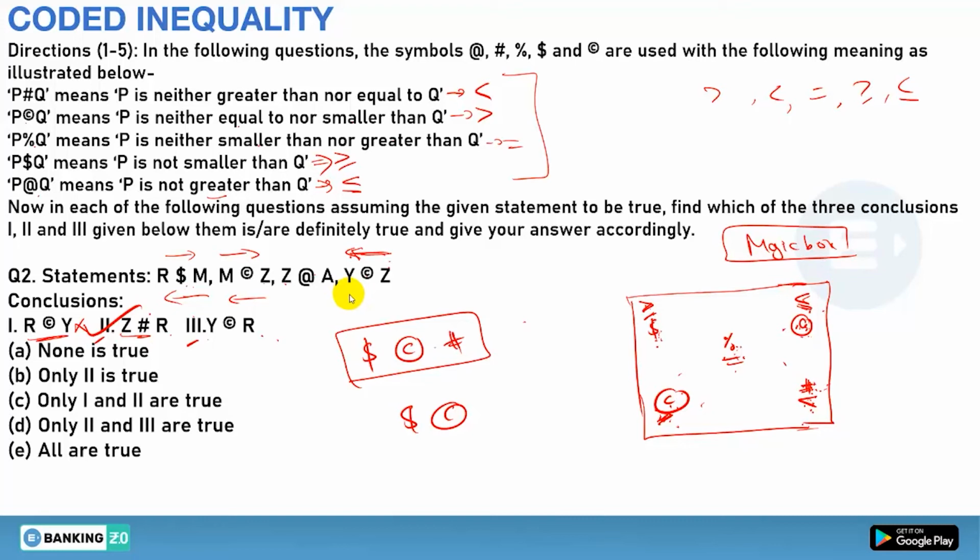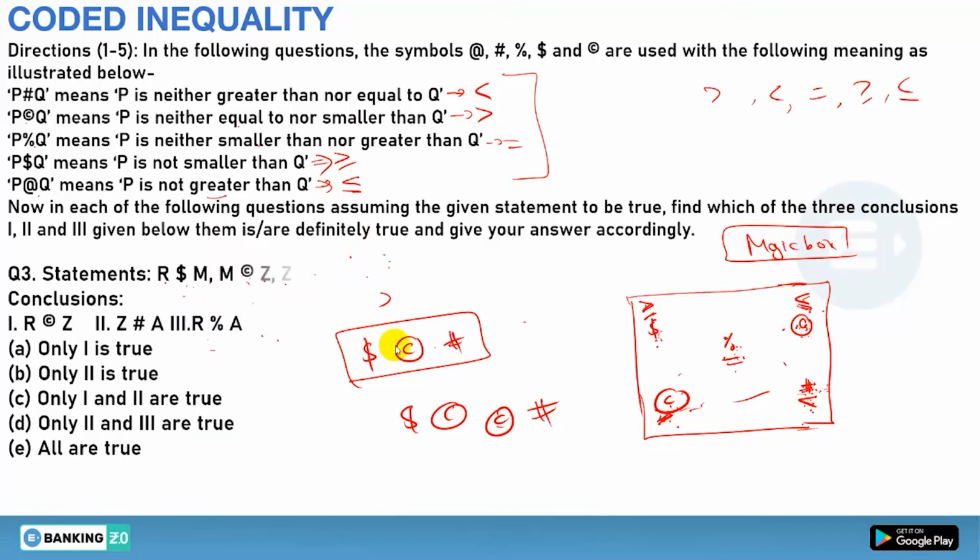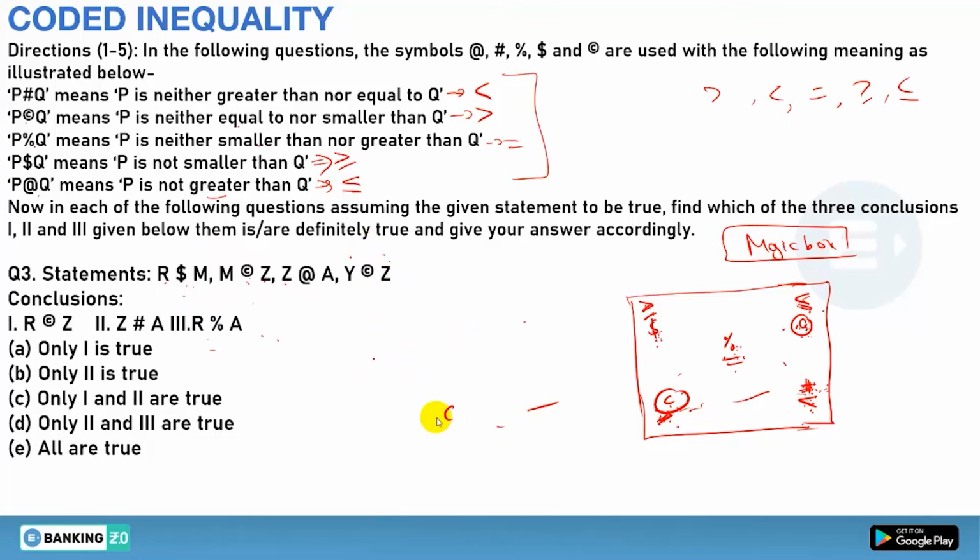Done. Now the third one, Y to R. How can you reach from Y to R? That is Y to Z. Then Z to M and M to R. This is how you have to do it. You already know that between Z to M and M to R you get hash. Now Y to Z is forward, so it will be copyright. Between copyright and hash, can you justify the relationship? No. So this will also be wrong. So only the second is true. Clear or not? Done. So the second question is done. Now we will move on to question number 3. So there you have question number 3.